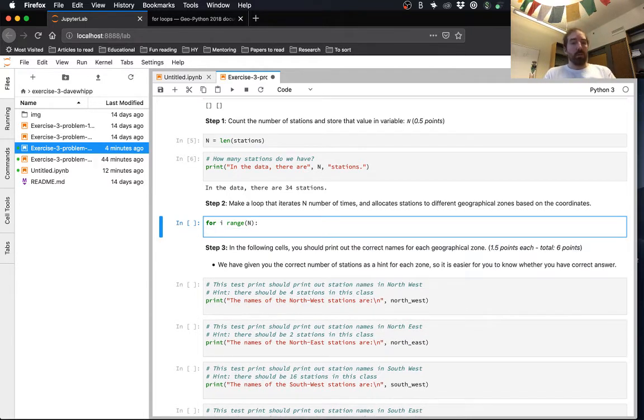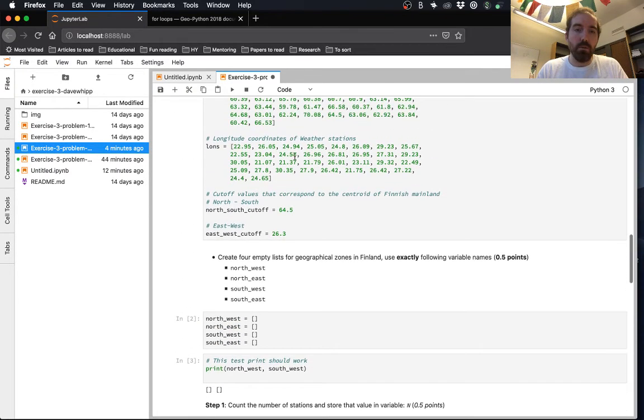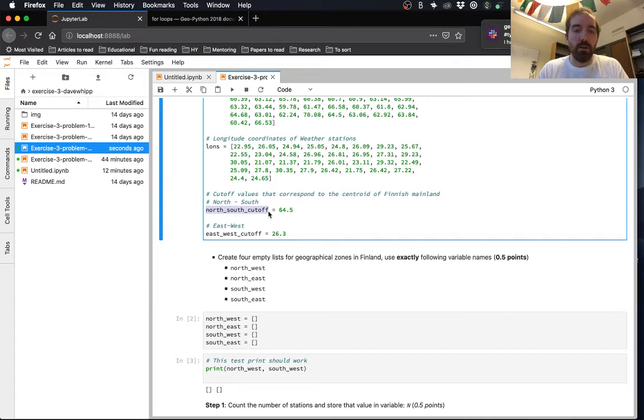We want to do some stuff. And first we want to check to see whether we're north or south of this cutoff value. So for each one of the values of latitude, we want to check and see whether it's bigger or smaller than this cutoff value.